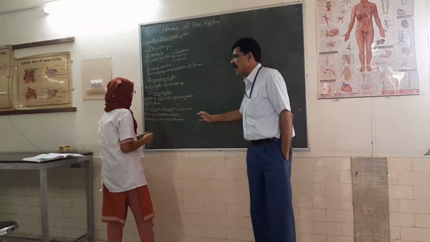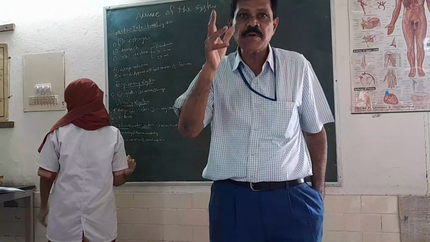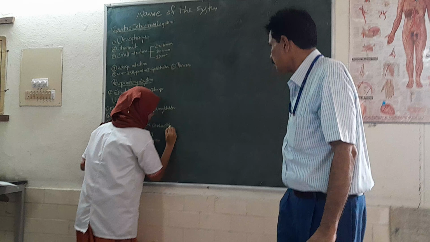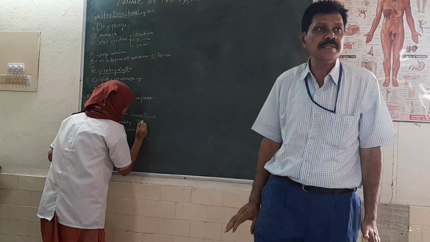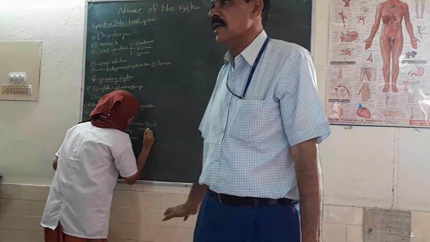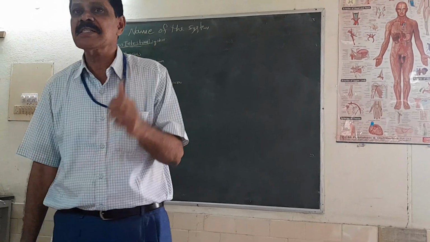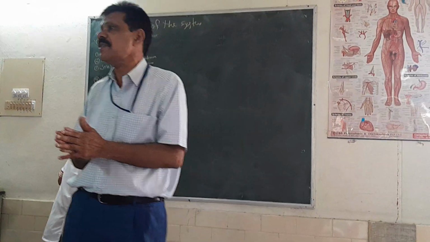These are the 4 or 5 slides in the cardiovascular system. So you try to identify all these slides. Now, muscle is of 3 types: cardiac muscle, smooth muscle, and skeletal muscle. Cardiac muscle is involuntary. Smooth muscle is also involuntary. But skeletal muscle is voluntary. So some special features are there for skeletal muscle.